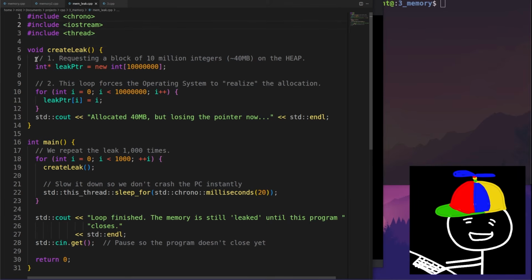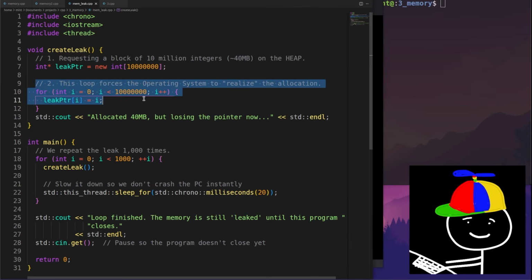What this does is it creates a large array of integers, using the new keyword, which again means it's allocating this array on the heap. This is an array of size 10 million integers. Now step 2 is us assigning values to each element in the array.